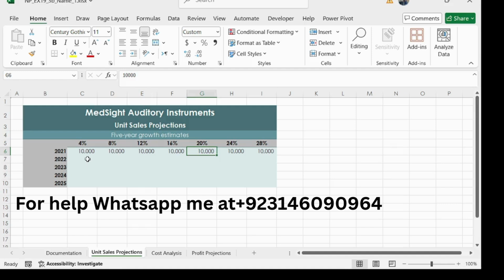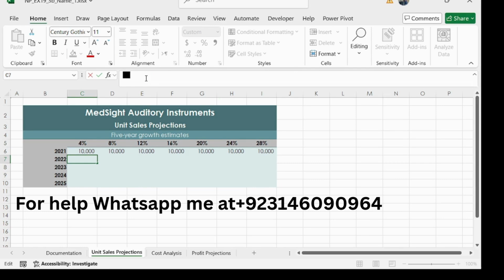So this is cell C7. Create a formula without using a function that multiplies the cells. So type is equal to and open the bracket and select cell C6, multiply by C5, close the bracket and plus C6, and then select C6 and use an absolute reference to row 5 in the reference cell C5.